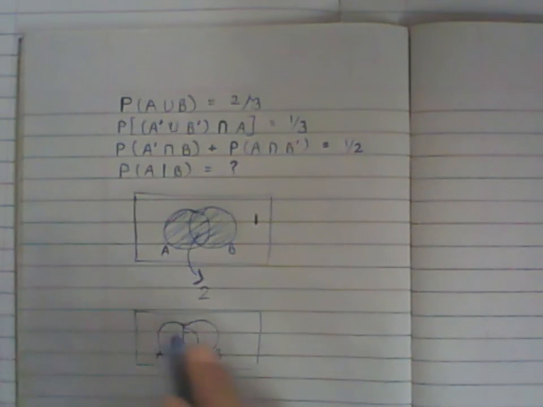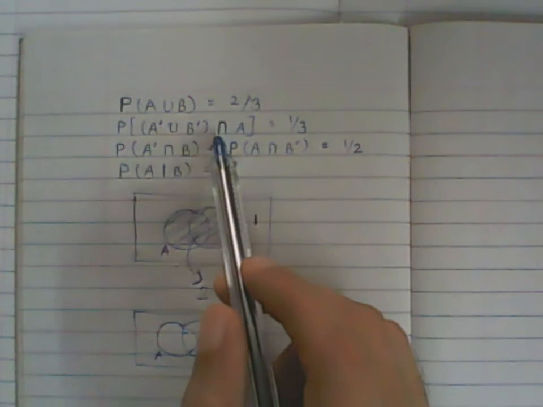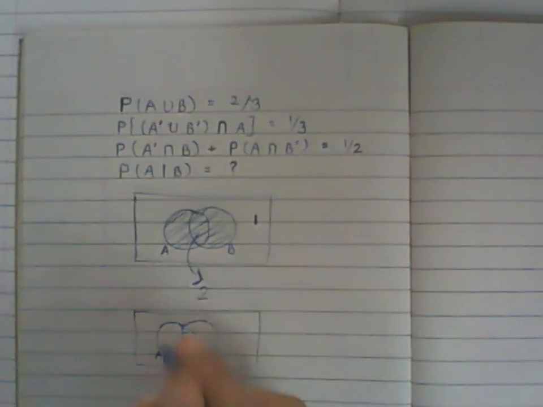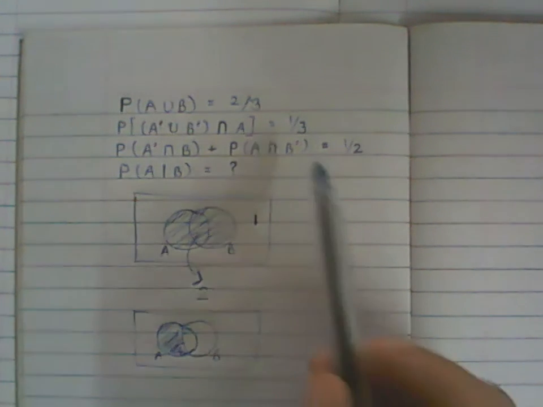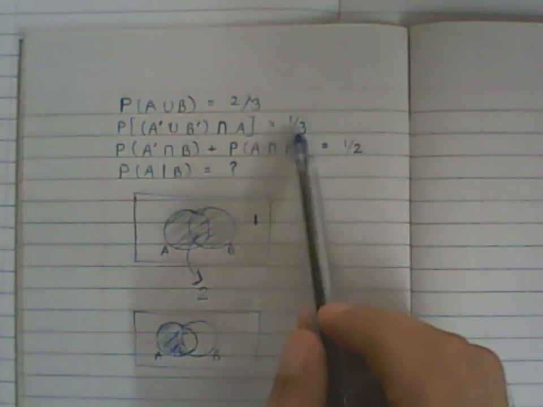So outside this region, we have everything outside this, intersected with A. So what I have basically here is this region. It is nothing but everything that is outside the intersection part, but also in A. So you can even call it A minus B. That's another terminology. But what is important here is again this has probability 1 by 3.